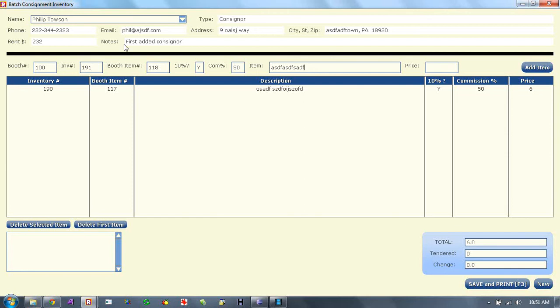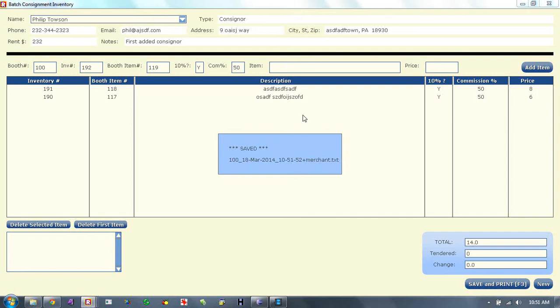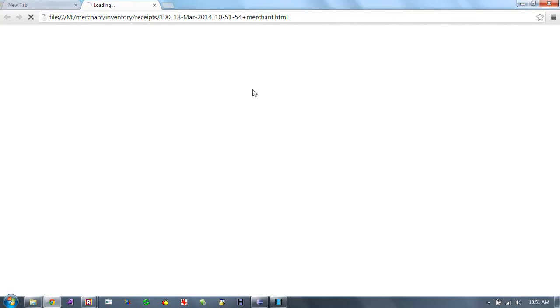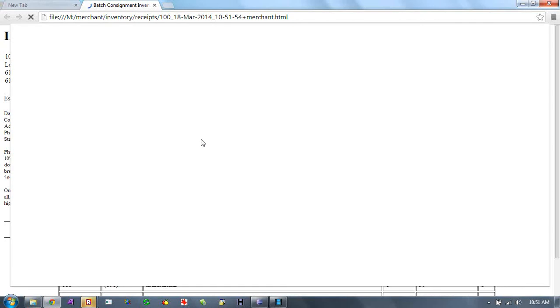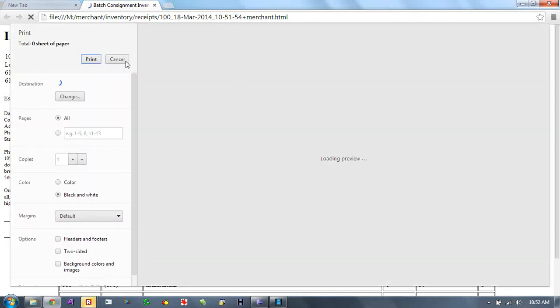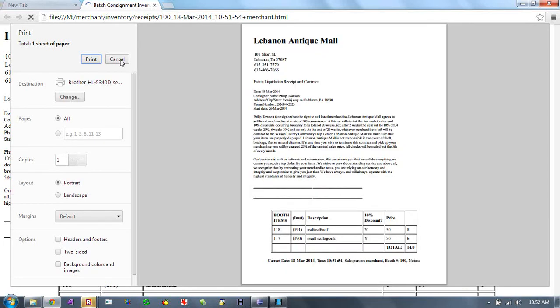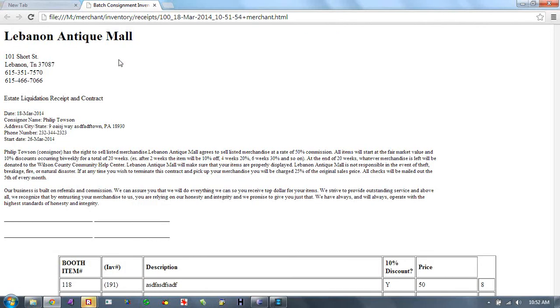So we add a couple pieces of inventory. You can see the numbers are automatically incremented, and this was all exactly to the spec that this client gave me. You can see here when we print out, they wanted to give their customers a receipt that had a contract, and that contract that's printed on the receipt has some specifications that are different for different classes of consignor. A different contract prints out for the dealers, and a different contract prints out according to the item that's entered